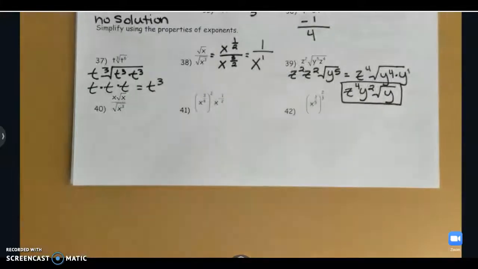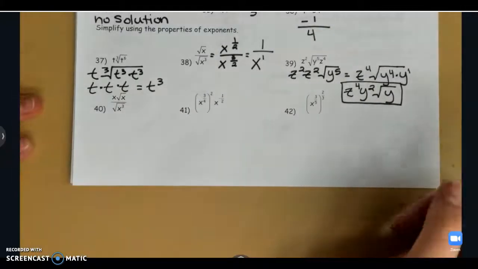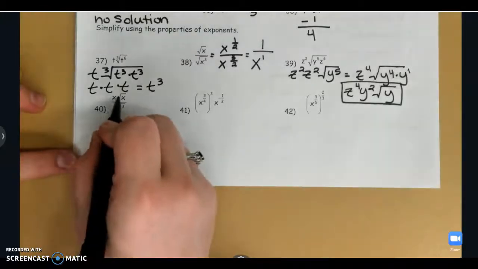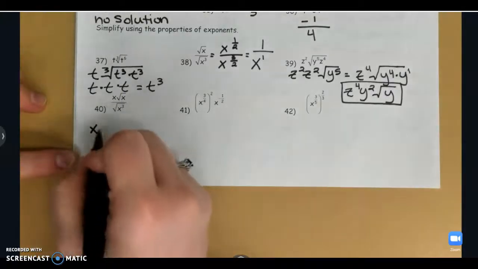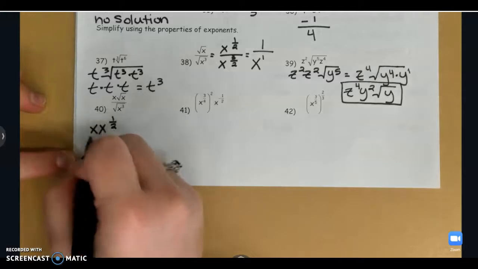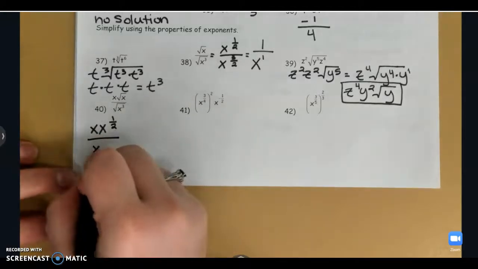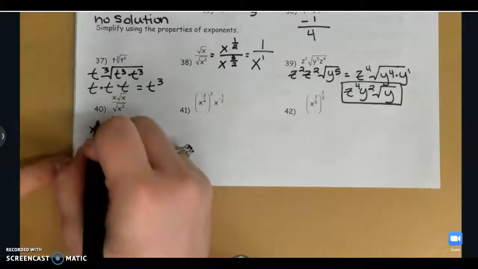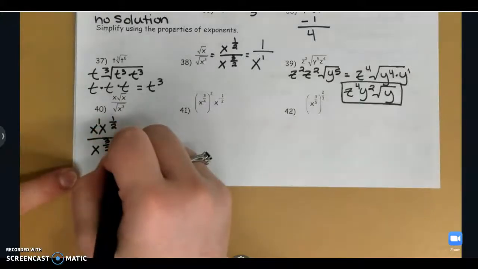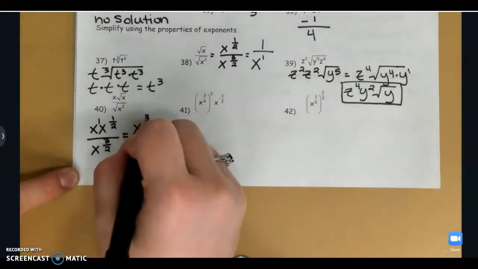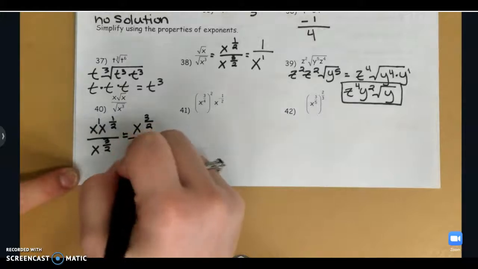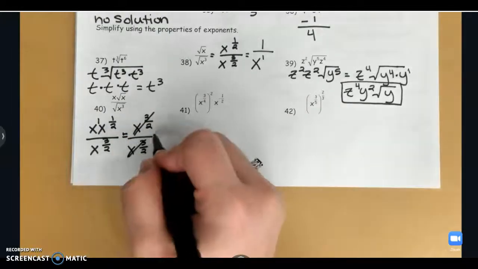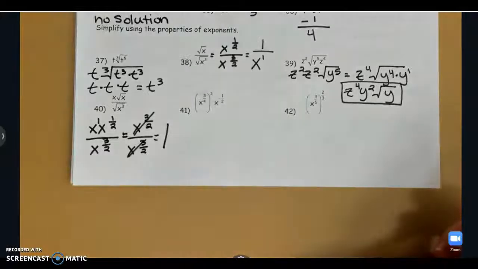Let's look at 40. Wow, I've got a lot of x's here. I need to rewrite everything in exponent form. So that x on the top stays the same. That is x to the 1/2. And then in the bottom, again, I have x to the 3/2. So let's combine our like terms in the top. This is x to the 1 plus x to the 1/2. So that's x to the 3/2 over x to the 3/2. Well, those are the same, so those divide evenly by each other, and that gives us 1 as the resulting